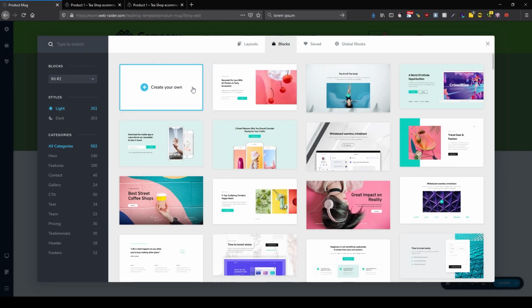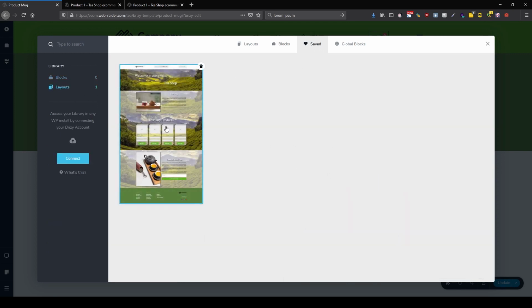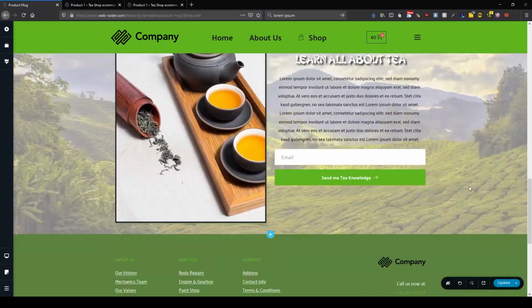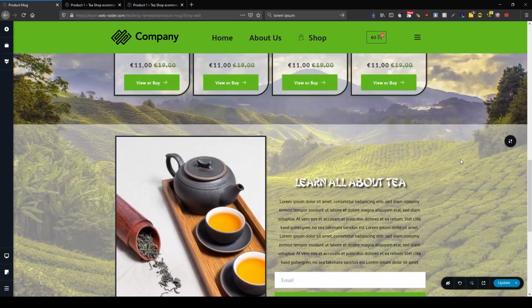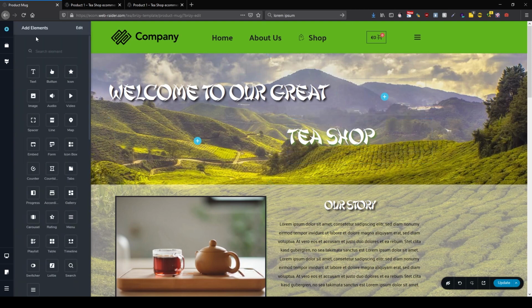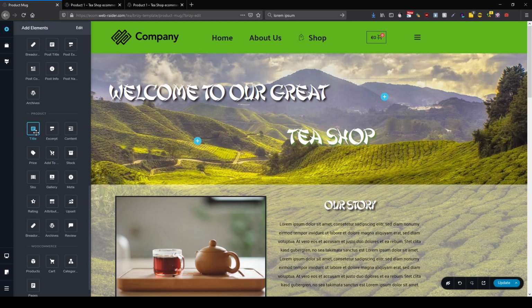And now we want to add our product. And we want to stay in the look and the feel of our store so far. So we are going to saved layouts, and here we still have our home page. And now I'm going to import this one again. So let's delete the inner footer and header. And this is the design I want to use to show our product. So let's open the elements, scroll down to the product list,